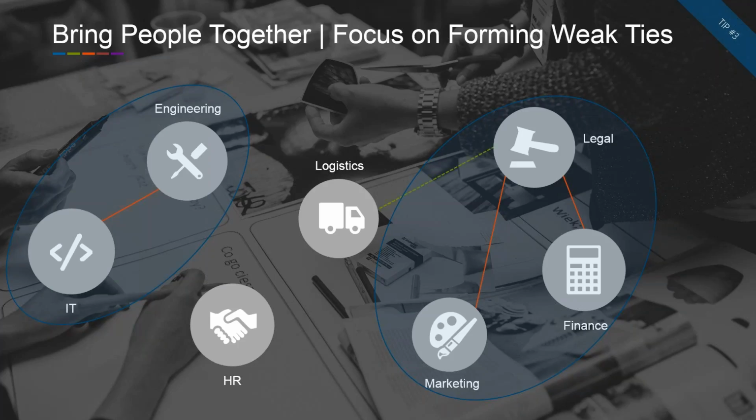What we try to do is connect these other groups to these stronger ties through what we're calling weak ties, these green dashed lines, and it's amazing what happens. These weak ties are people that you don't talk to every single day. Maybe you pass at the water cooler, maybe you speak in the break room, or you send an occasional email, or you're CC'd on an email. So maybe you're trying to connect logistics to legal, or marketing to logistics to develop a new piece on how fast your shipping is, or something like that. By giving these groups ways to work together, you begin to open up this network